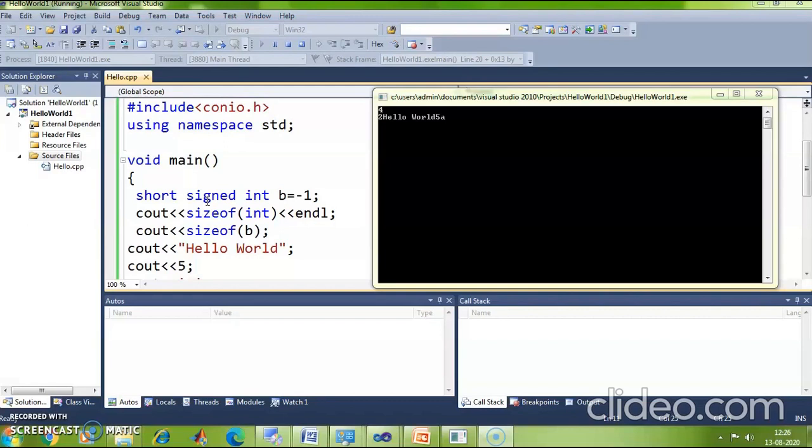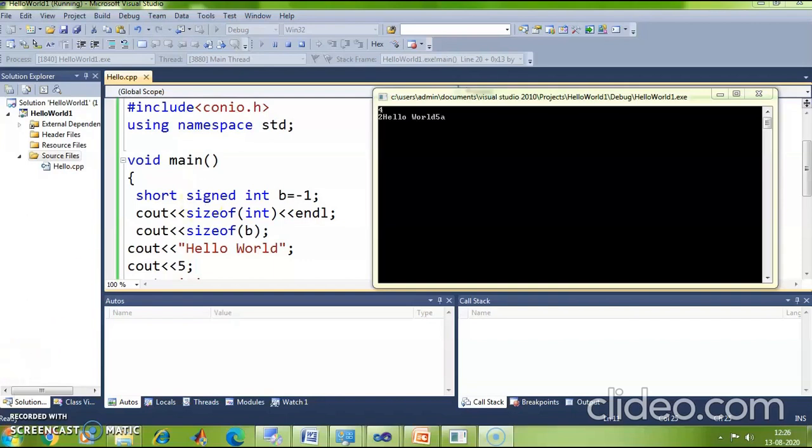For a 16-bit machine, the size of integer is 2 bytes. For a 32-bit machine or a 64-bit machine, the size of integer is 4 bytes. So for a 16-bit machine, wherein the size of integer is 2 bytes, if I use a long modifier with respect to integer, the size of the integer doubles from 2 to 4.